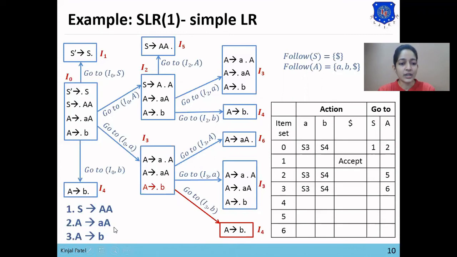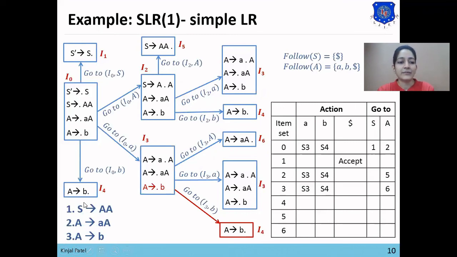There is A, so we'll apply the rule of follow on this A: as there is no symbol following A, follow of A will be placed in follow of A. As we are already in follow of A, no more symbols will be placed. So follow of A is a, b and dollar.